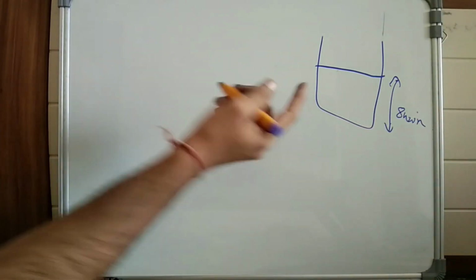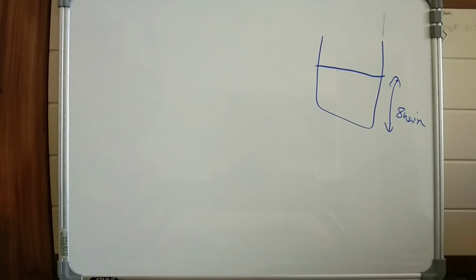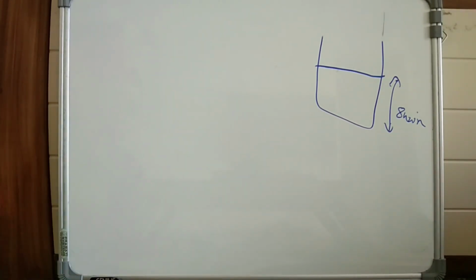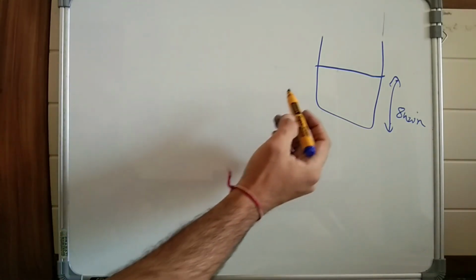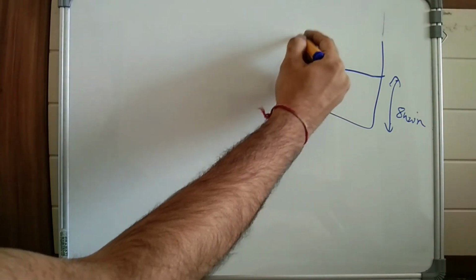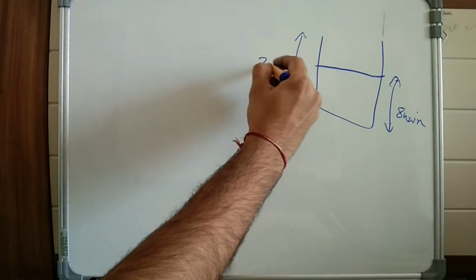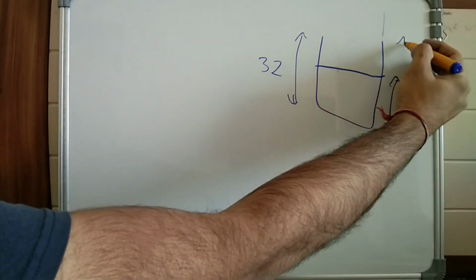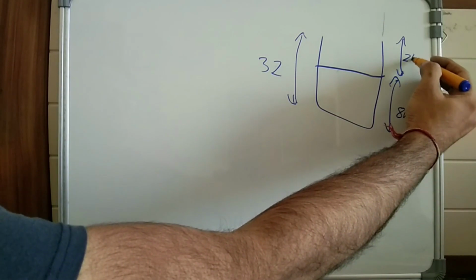Okay. So if this is 8 minutes, and now in the question it is given the total time is 32 minutes. This tank is taking a total time of 32 minutes when the leak is starting from here. So 32 is the total time over here. It is given in the question. So 32 minus 8 will be 24. So 24 minutes will be taken here